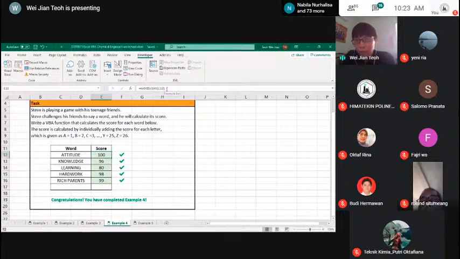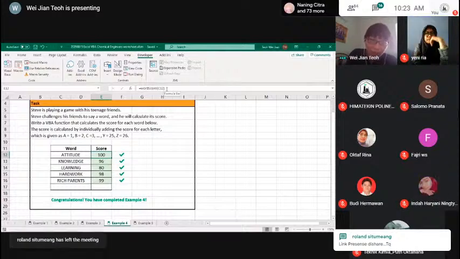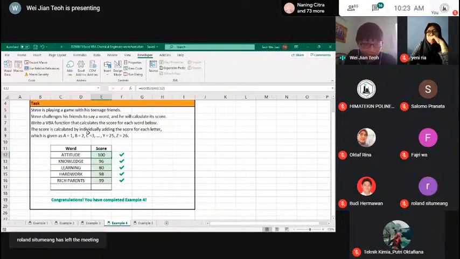Sometimes you have to think about how you can use the VBA properly. Let's say I make this code and I send it to you. You might not use it the same way as me. So you have to build in some flexibility in how you interpret the input for this VBA code. I hope it's pretty interesting for you guys.